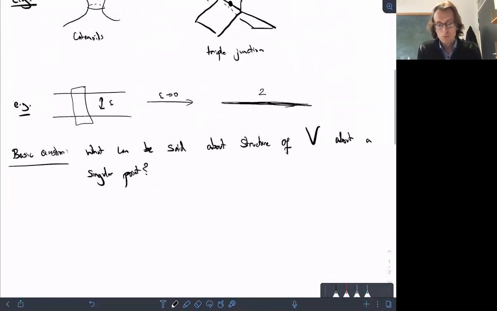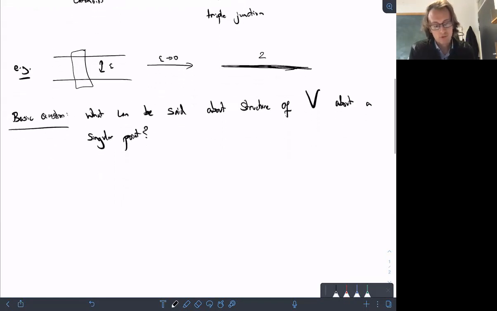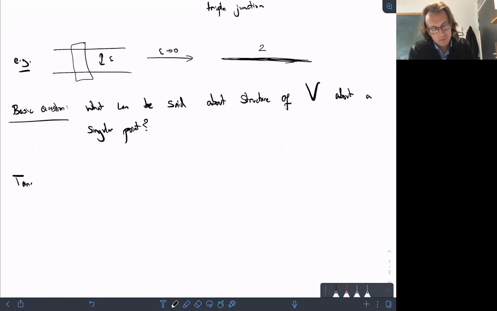So what we do know, and this is a well-known result, is that at every singular point we can produce tangent objects, just like for a smooth submanifold, we can produce tangent planes. In the measure sense, we can produce measure theoretic limits via taking a point and rescaling the varifold at the point. And the resulting object is what we call a tangent cone. So a tangent cone is a limit of the form